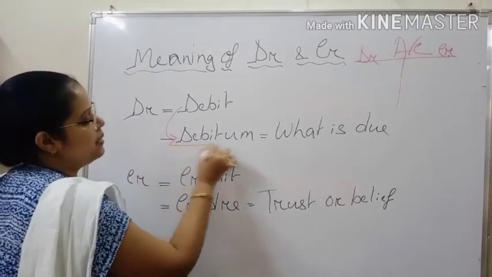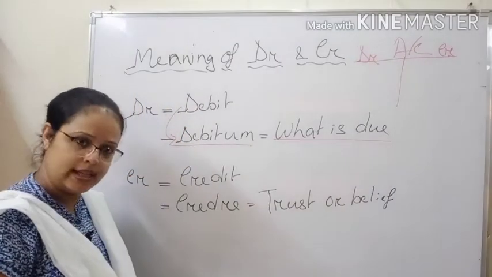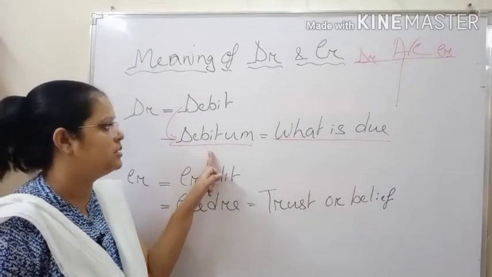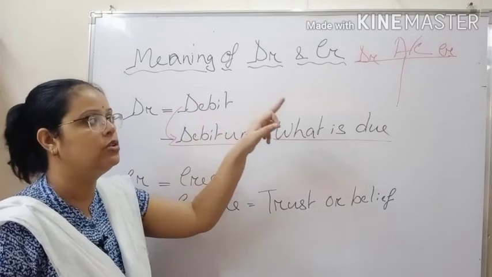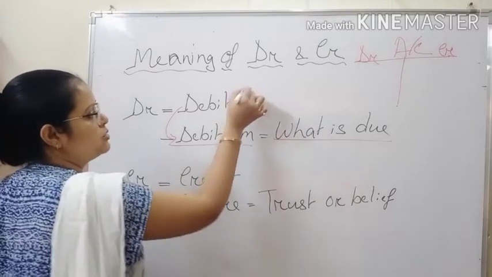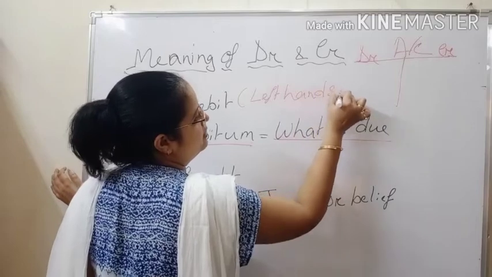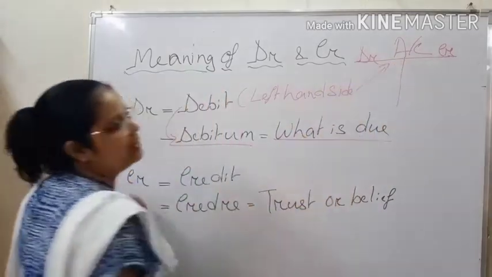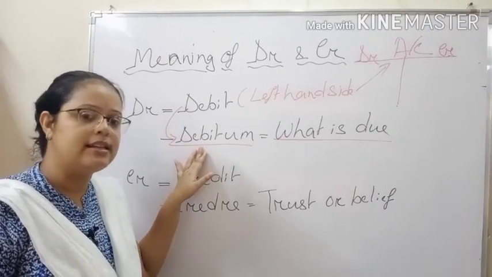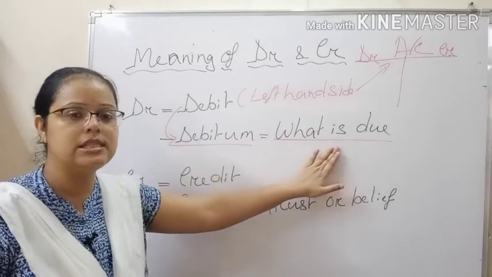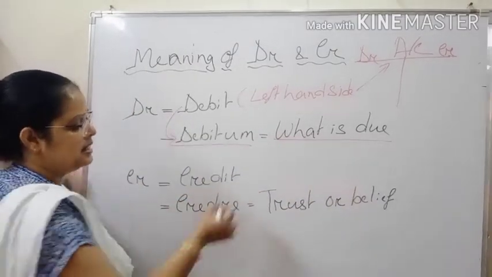Now, this term debit comes from a Latin word, debtum, that means what is due. Clear? It indicates the directional signal of an account, the left hand side of a particular account. The word comes from the Latin word debtum that means what is due. Now Cr means credit; it indicates the right hand side of